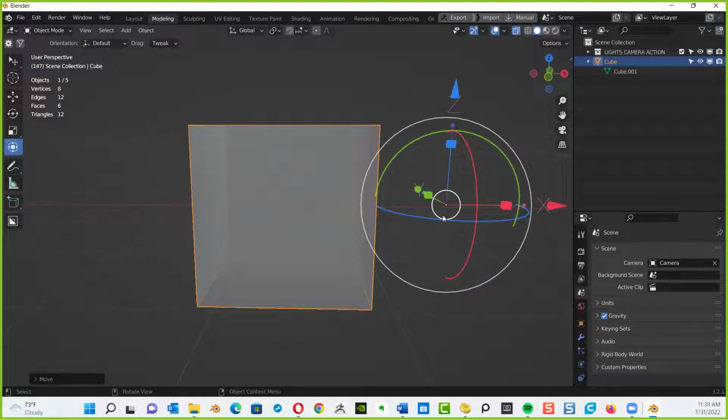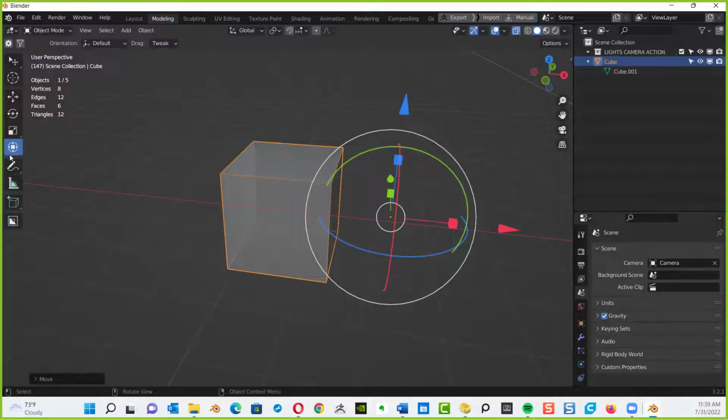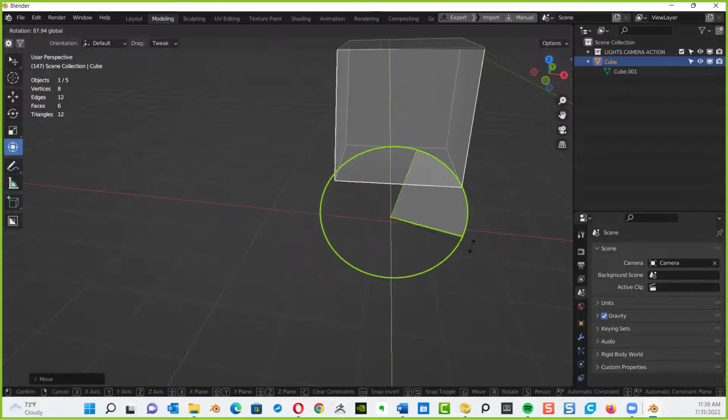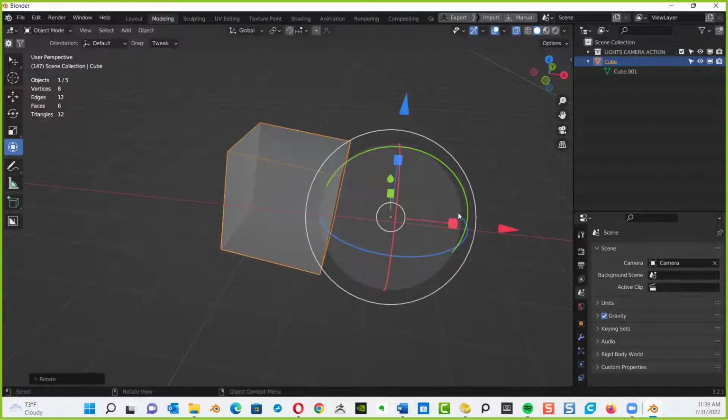If I move the origin point off to the side, and then go back to the options and uncheck origins and locations, once that's done, if I'm in my transform tool, I can rotate now around that, so that now becomes my origin point location.